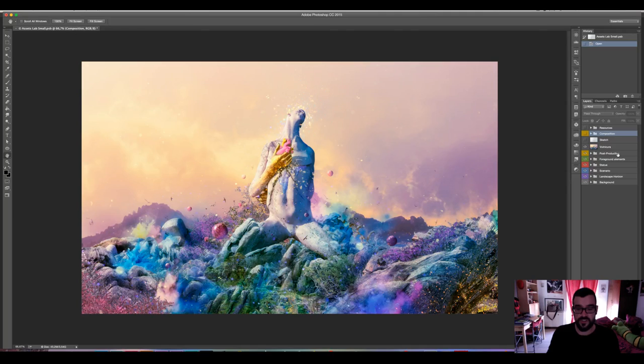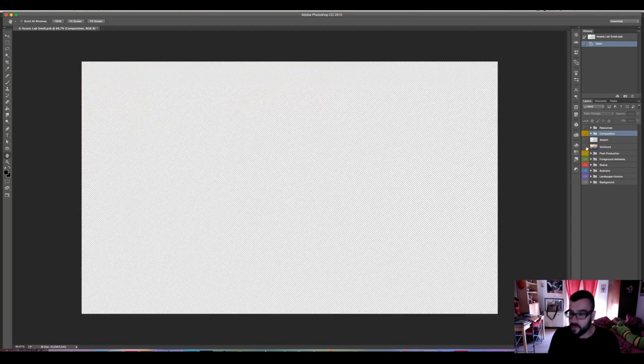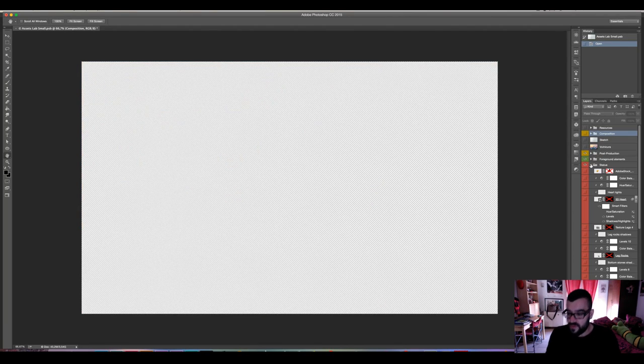Also, I want to warn you of one thing. I'm not going to create the piece from scratch, sadly, because we don't have the time, because this is a very, very, very big file. So I'm just going to show you the workflow, and I will explain some tips and tricks that you can note down and use in your own compositions. So let's start with the first element.